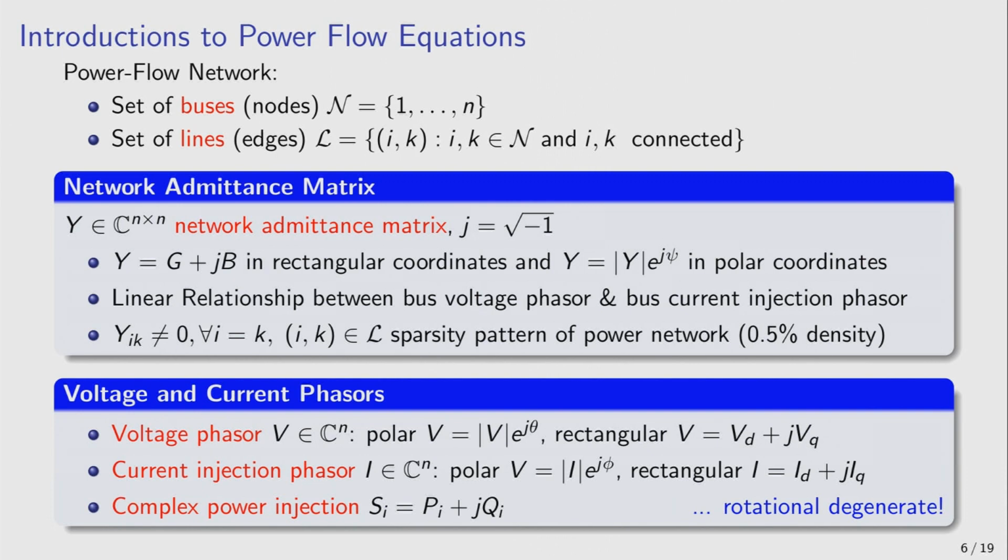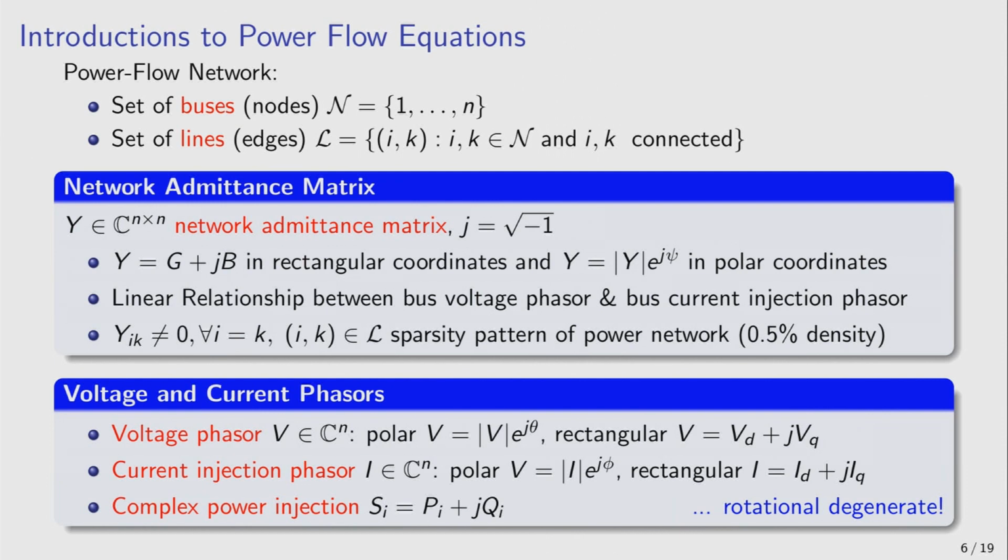The voltages are called voltage phasors. So those are, again, complex variables. There's a voltage phasor, or one complex voltage variable per node or per bus. And we can again write those in polar or rectangular coordinates. And I'm using D and Q for the voltages in these cases. There's also a current injection phasor that you can model again with polar or Cartesian